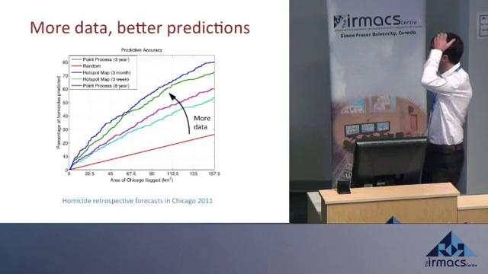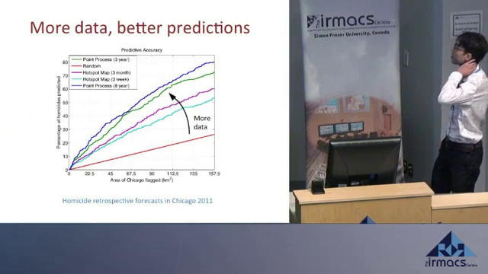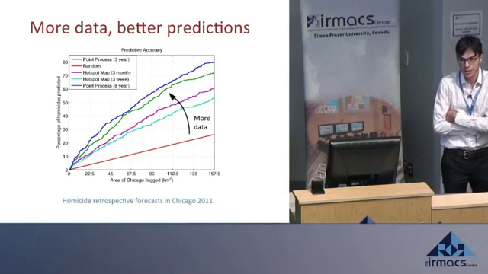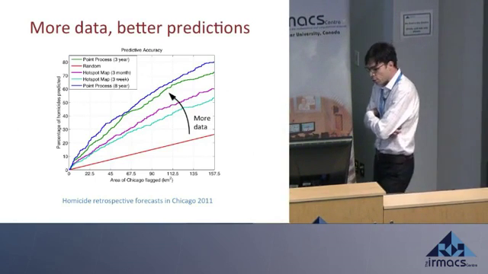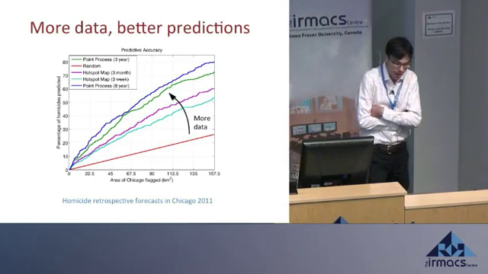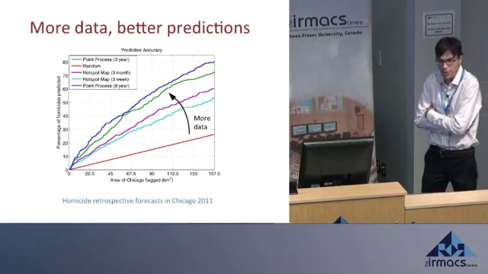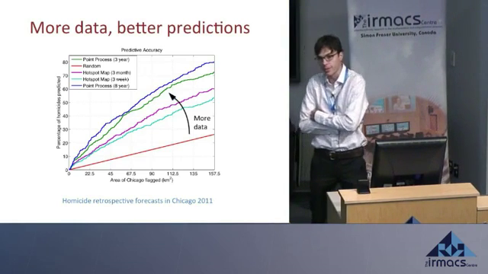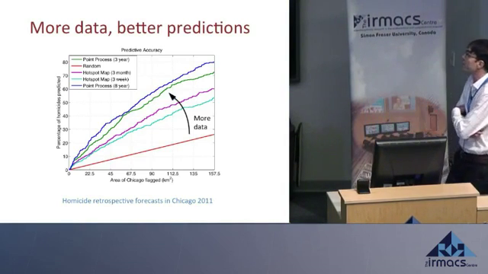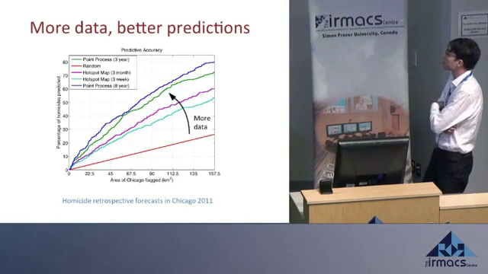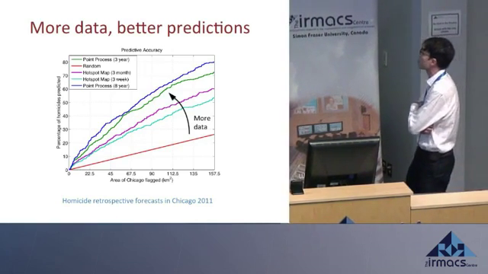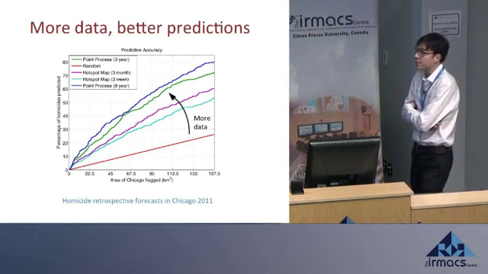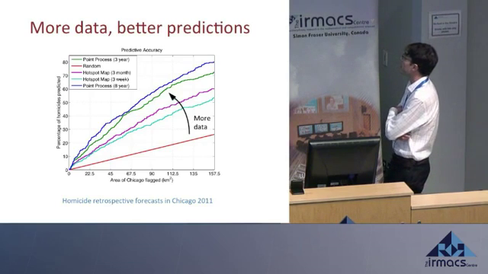Okay, so just a final word about hotspot maps and point processes. The lesson is, I think, more data gives you better predictions. And there's this quote floating out there by, I forget who, but it was kind of in reference to the Netflix problem. And the quote is, more data beats better algorithms. This is a machine learning type person that said it. But I think that's a really good lesson for hotspot maps: you want to use more data to reduce the variance and get a better assessment of the heterogeneity in a city.